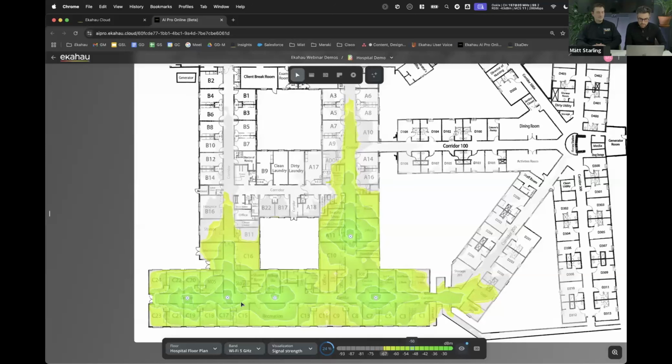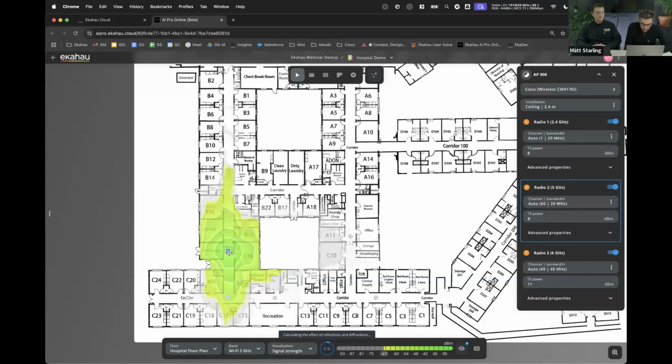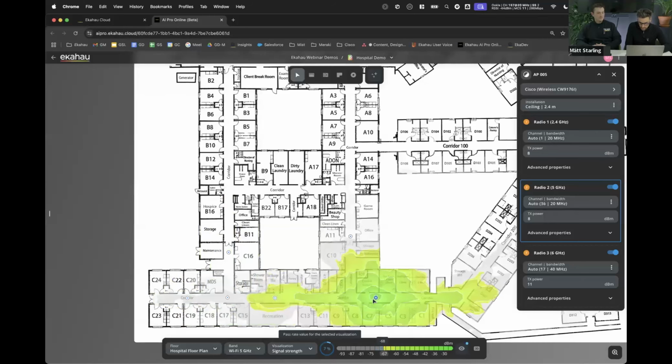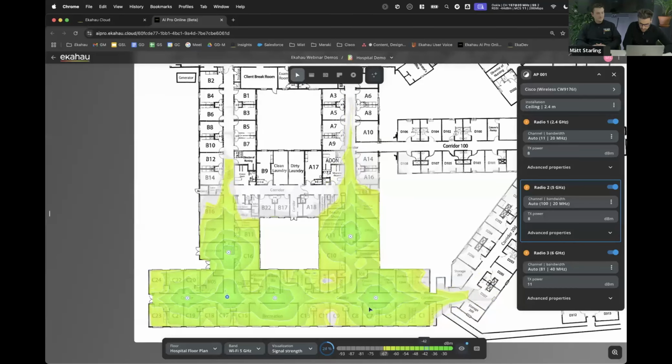But let's say in this example as well, let me just put one more AP down this part of the corridor. So again, this access point here can clearly hear this AP, this one, and it will be able to hear this access point. So if I just turn on the heat map again, and let's say again, we're in C19 and we walk out of here and we walk down the corridor and then we go to turn a corner. I'll just turn on this AP again.